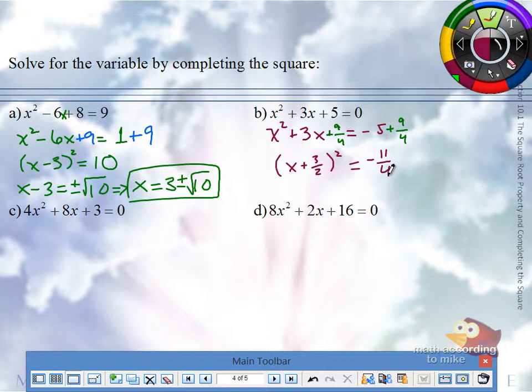Good. We have something squared equals something negative. What type of answer are we going to get? Imaginary complex. So when I take the square root of both sides, I get x plus 3 halves equals plus or minus